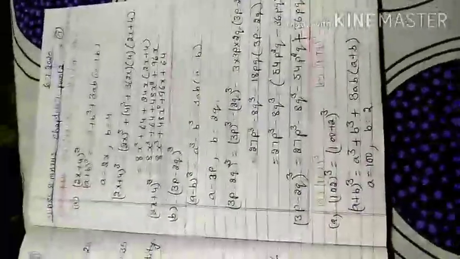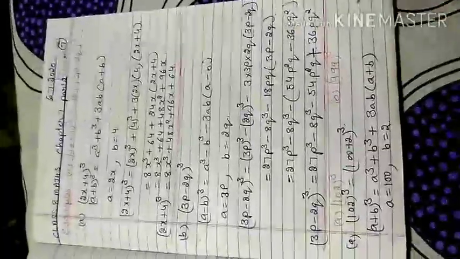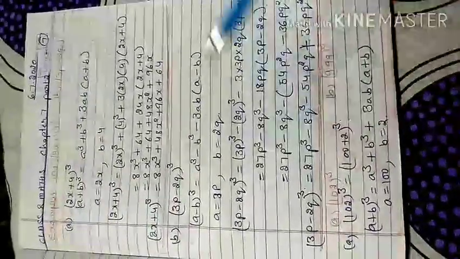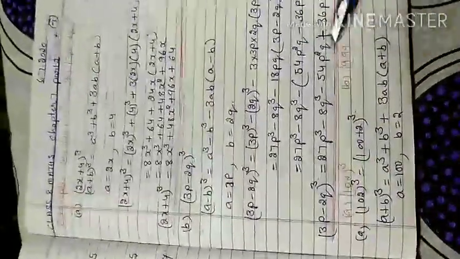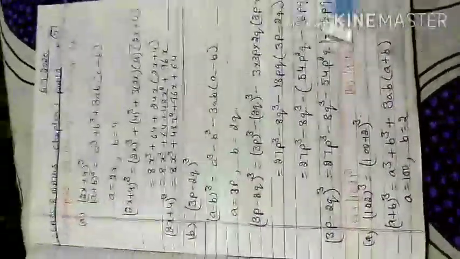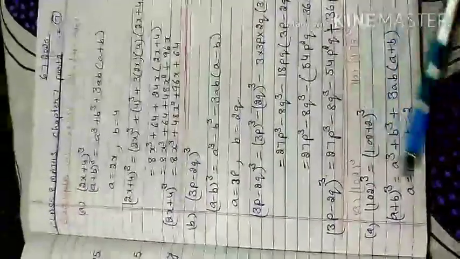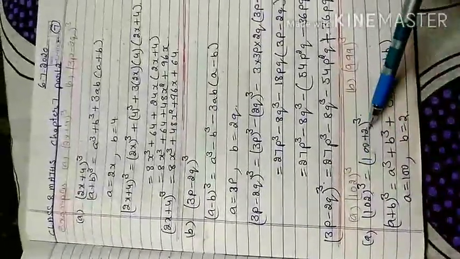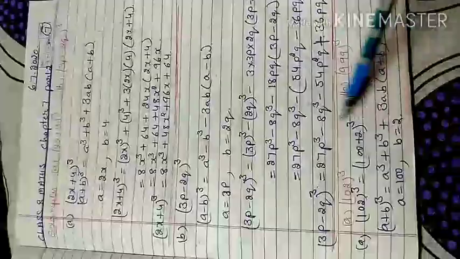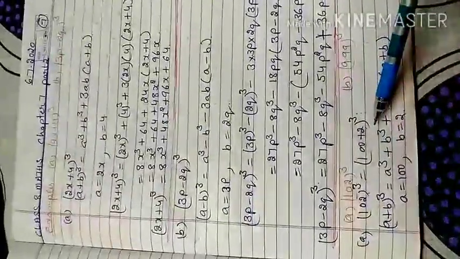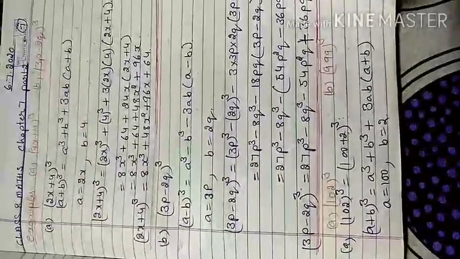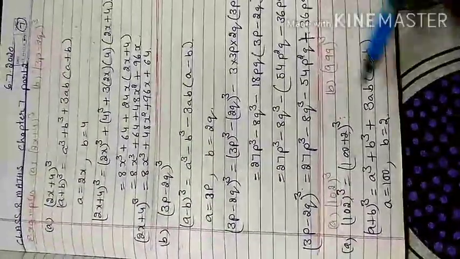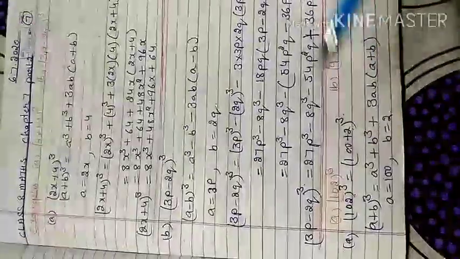But sometimes my question is about bigger multiplication, like 102 multiplied 3 times. If you are going to multiply 3 times, it will be very hectic. So we have identities, formulas to use here. Like 102, I can write as (100 plus 2) whole cube. So this again is the cube of a binomial term. So we apply the formula (a plus b) whole cube, a cube plus b cube plus 3ab(a plus b). In this I replace a with 100 and b with 2.